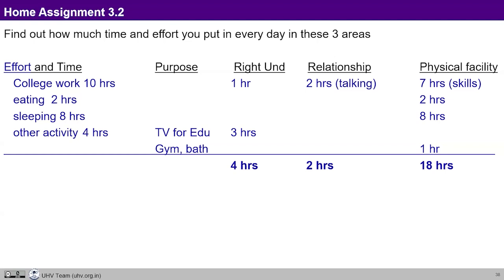Isn't it? If I am using social media, whether I'm trying to learn some skill there, make friends there, or gain right understanding there. So the purpose of this session is to draw the attention to the purpose that the child has, and relate it to the basic aspiration. So again, we'll give this exercise, but keep on harping on the point that you have to look into the purpose for yourself.